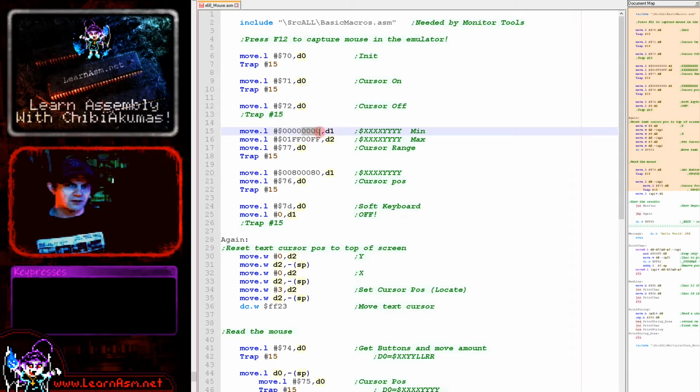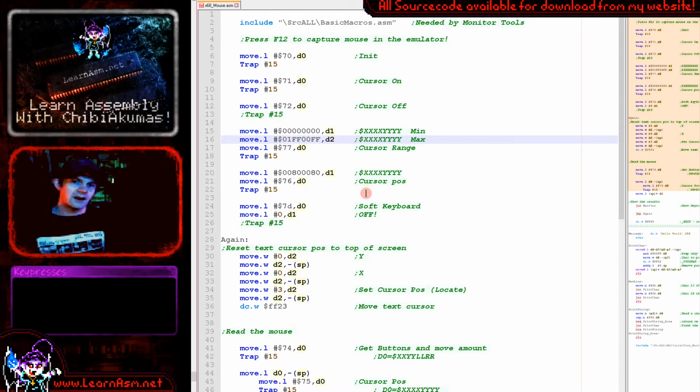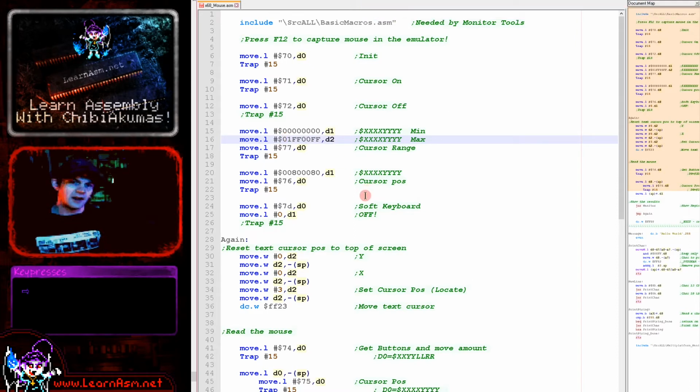The bottom word is the Y coordinate, and that's a common thing we're going to see again later on. So we've split the X and Y position into two there, and we store them in one register. So we've defined our 2 points, and that defines the range that the mouse is limited to. Sorry. So here I'd got it specified to 1 double F to 0 double F here, but we could change this. We could maybe change this to 3 double F and 1 double F,